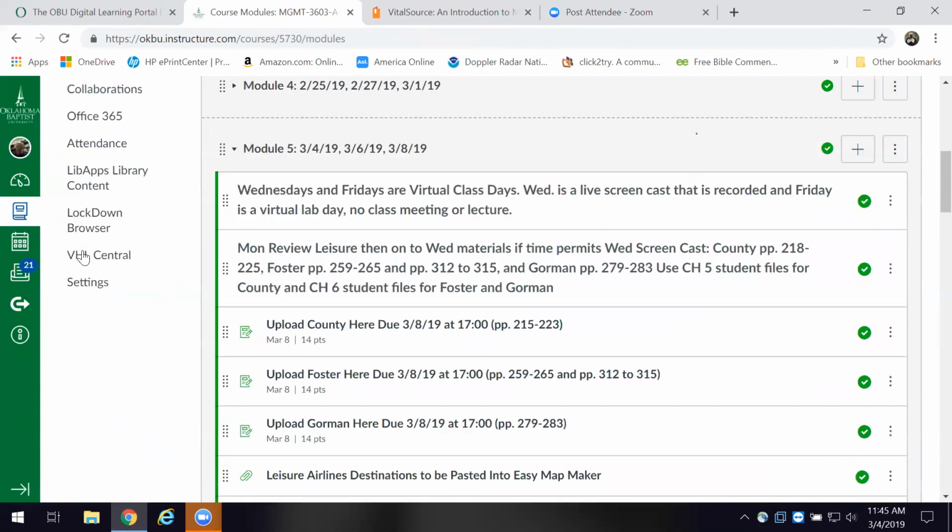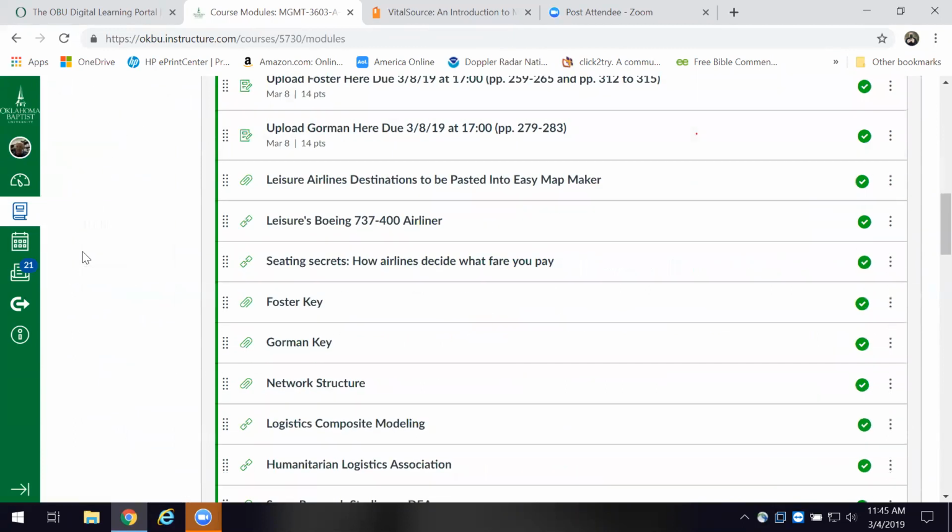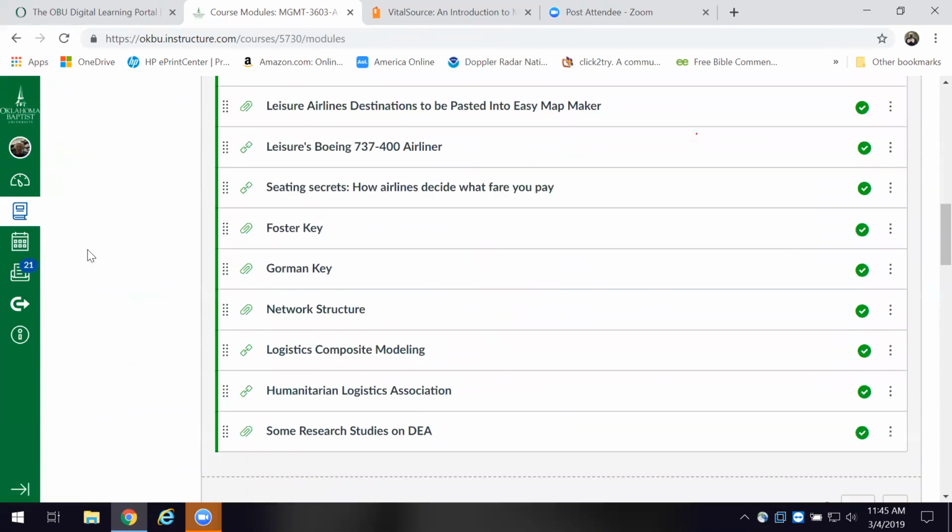In the prior module, I had some job data for you, and to look at these resources and think about